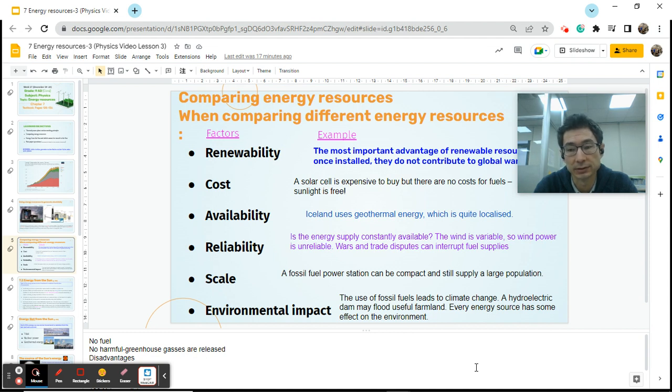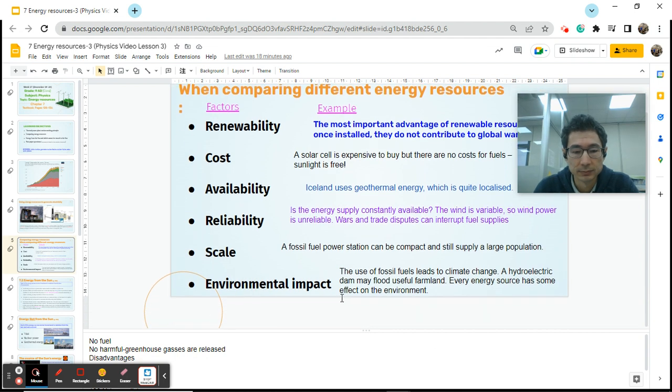For example, hydroelectric dams, like tidal barriers, can flood farms and other landscape. We should think about that. Right. Next would be